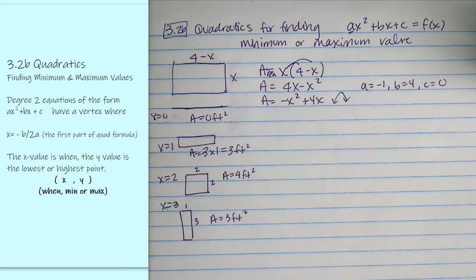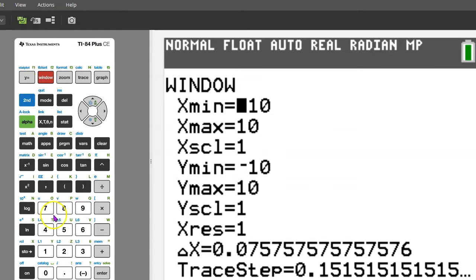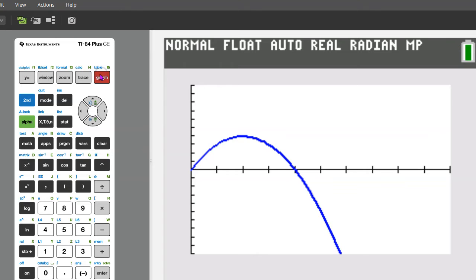So let's look at it on a calculator and see what the graph means for us. I'm going to put the same equation into the calculator. So I've got x times (4 minus x). And I'm going to graph this knowing that x can't be any smaller than 0. So I'm going to change my window to be from 0 to 10 and graph. So what this graph represents is